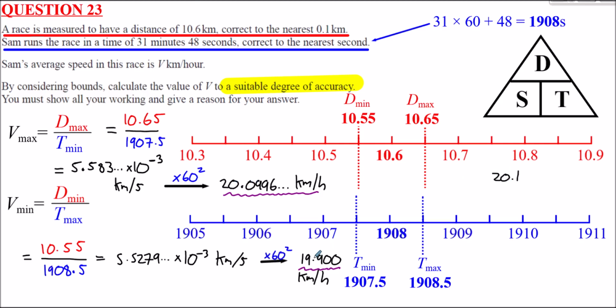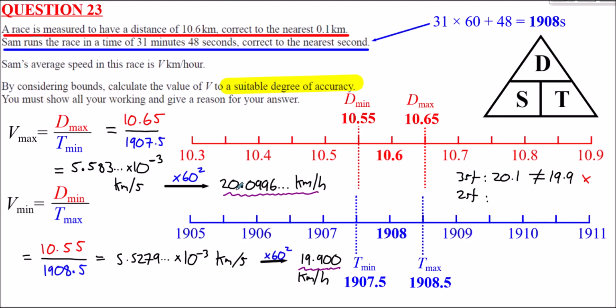But to 3 significant figures, that rounds to 19.9. So they don't agree to 3 significant figures. So we can't do it to 3 significant figures because they don't agree. However, if we round it to 2 significant figures,